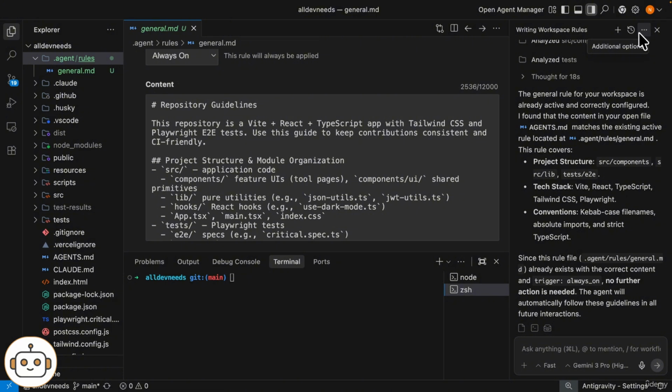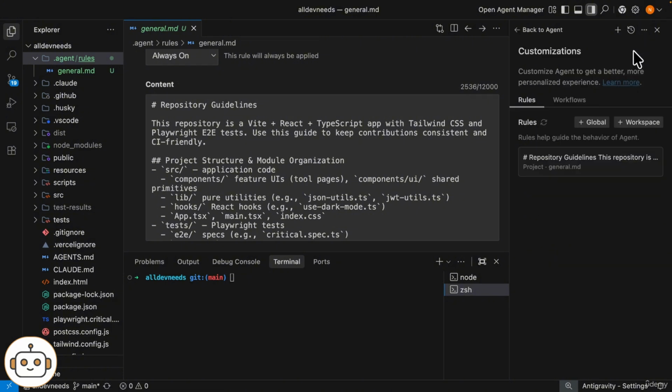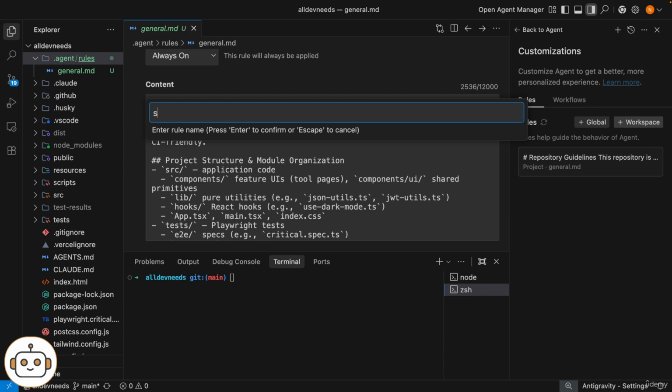So again, I'll go to additional options, customizations. Now you can see that I have the current general.md file in my rules, and it says that this is a project rule, a workspace one. This time we'll configure another type of rule. So let's click workspace. I'm going to call it SEO